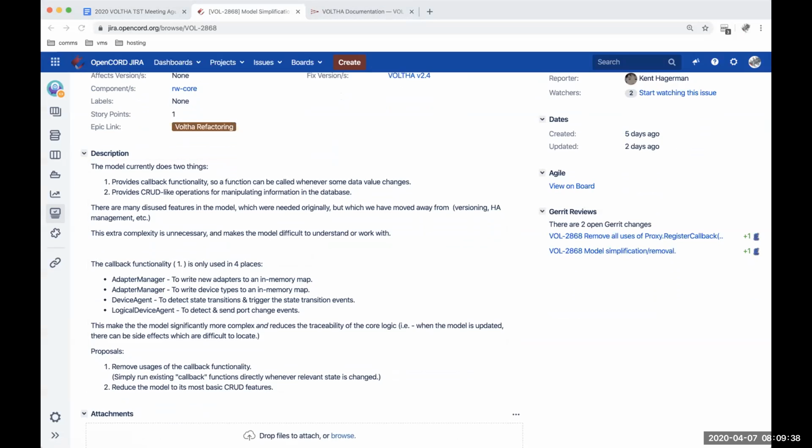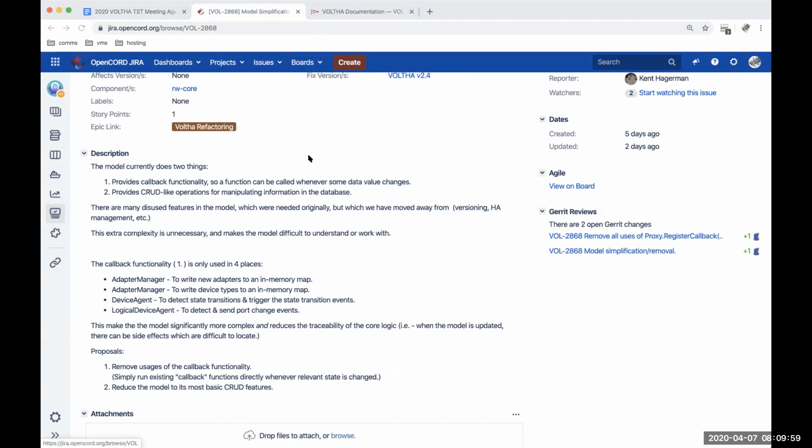After looking through it for a while, I found that there were two ways that the model was being used. One was that it was being used for callbacks. So basically to register and get a callback when some particular field in the model was updated.